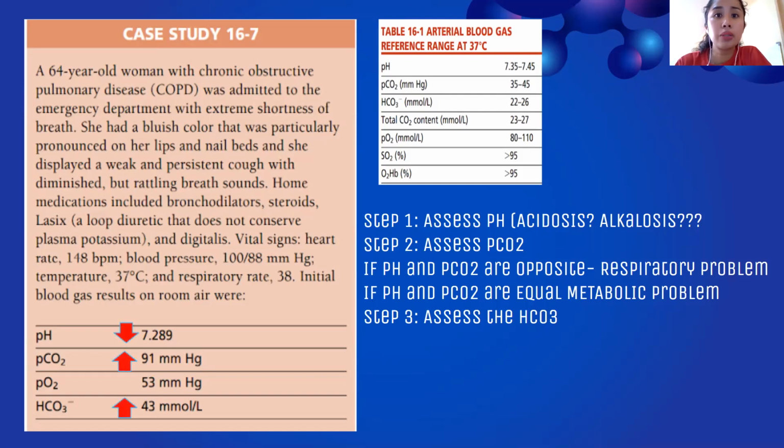So, class, ilagay nyo sa papel nyo. So, step 1, assess the pH. So, mababa. So, acidosis yan. Next, assess the PCO2. So, kung equal sila or opposite. So, respiratory acidosis. Now, assess your bicarbonate, class. So, mataas na yung bicarbonate. Ibig sabihin, the kidney is now kicking into action or compensating. Yan, mataas na. So, since class,